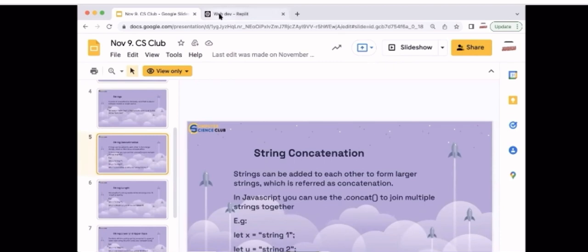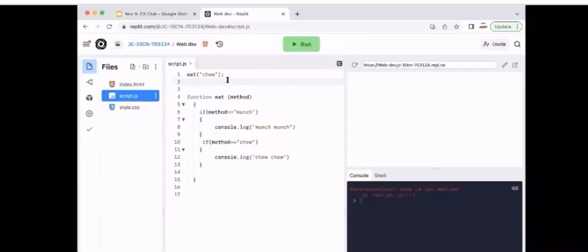And how do you put two strings together? So that's this right here. We can say let x equals string 1 and let y equals string 2. And you can say let z equals x dot concat y. And that just combines string 1 and string 2. So I'm going to